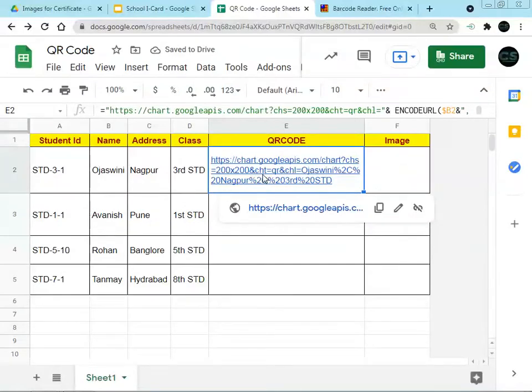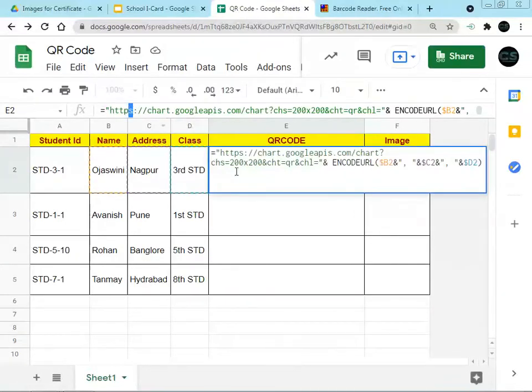In this address, initially HTTPS, where S stands for secure, so whatever we get is completely secure. Then chart.googleapis.com/chart, the chart being a graph.